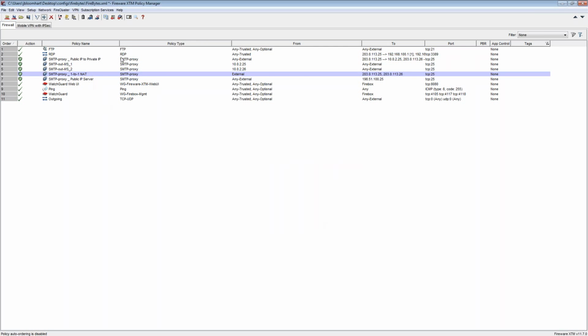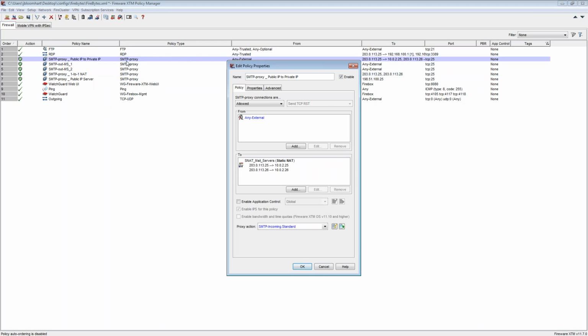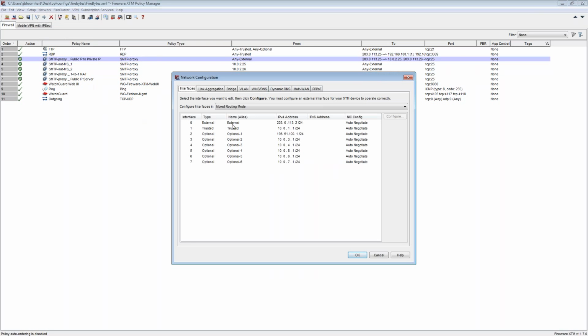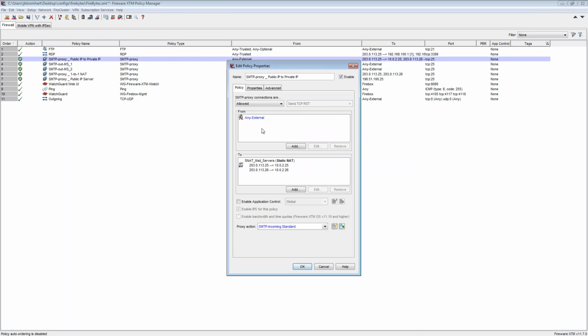Now we can also talk about, for instance, having a public IP coming in, so a static NAT entry. So this is what ultimately the static NAT entry is going to look like, a public IP to a private IP. So if we look at, just to back up one second, as we look at our network configuration, our interfaces, we can see my external IP has a 113.2 network. So as I look at that static NAT entry, that's going to say,